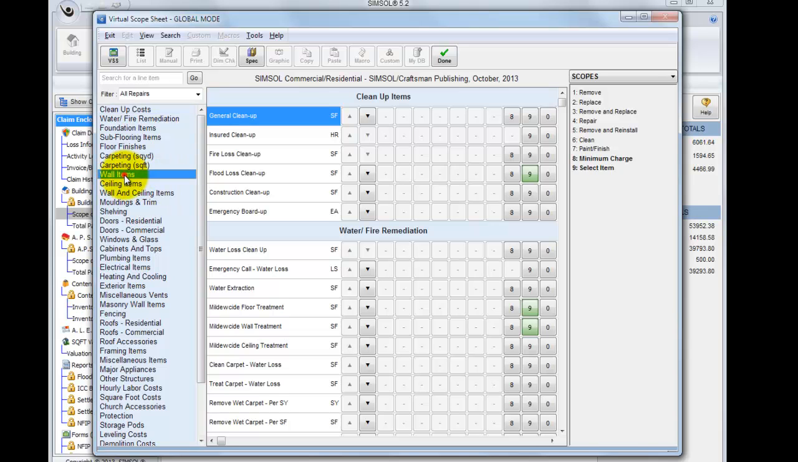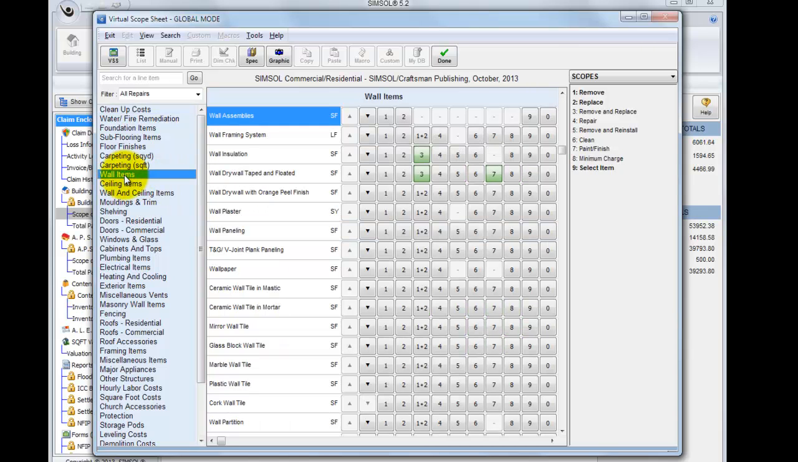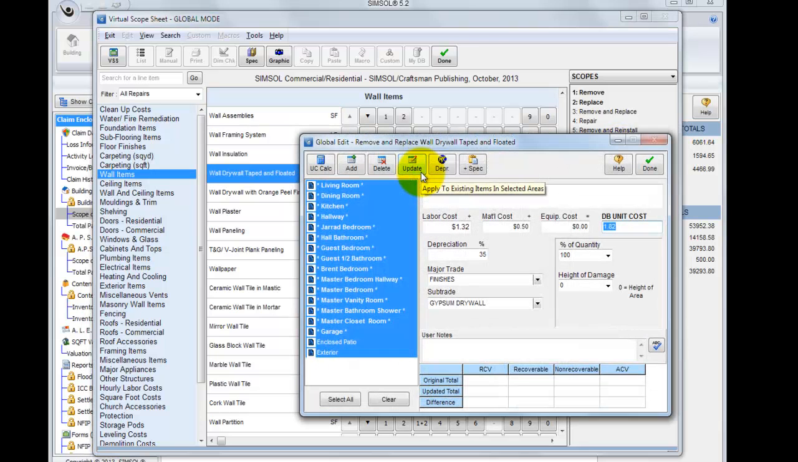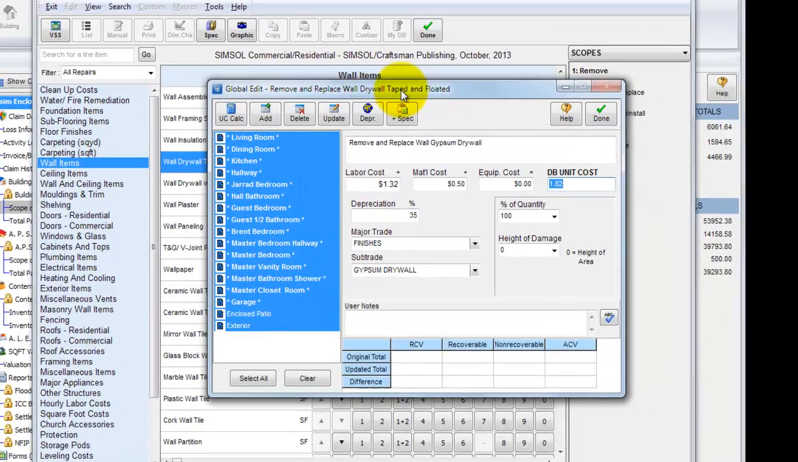I'll first come over to the left, click on wall items, and here's my drywall taped and floated. And you can see I've selected a couple different scopes for drywall within my estimate thus far. Scope 3, which is the remove and replace, and Scope 7, which is the paint and finish. Well, the price I want to adjust is for the remove and replace. So I'll click on that Scope 3 that's already in the estimate,